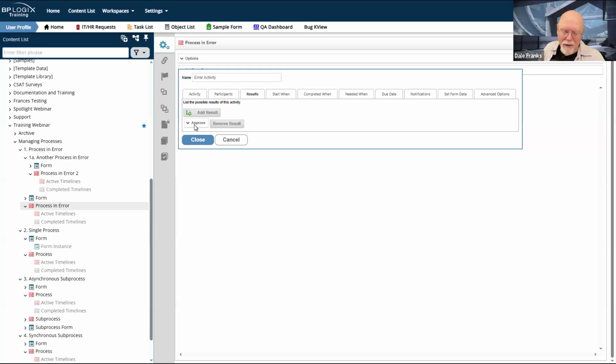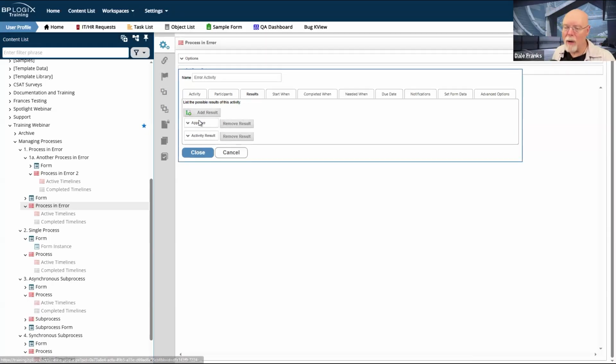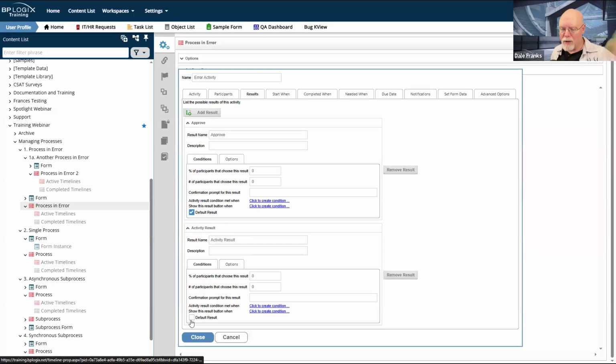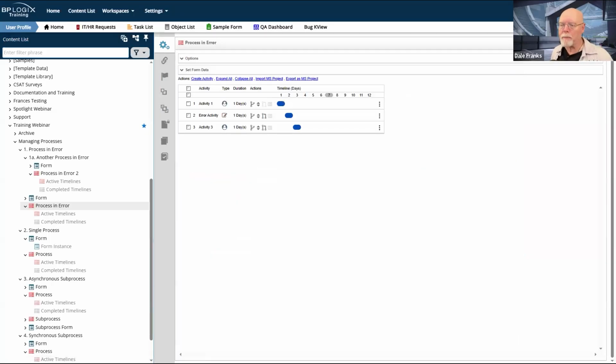So the consensus has been that if you're going to have multiple results, but you don't know if a user is going to be assigned, set the default. That way I don't have to worry about that process and error, and it will just set the appropriate default and we'll skip right past that activity like nothing ever happened. So if I were to add a new result here, then I would want to be sure that I had a default result, whatever my 2 or 3 activity results were,